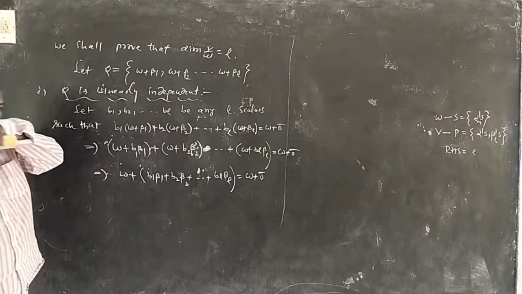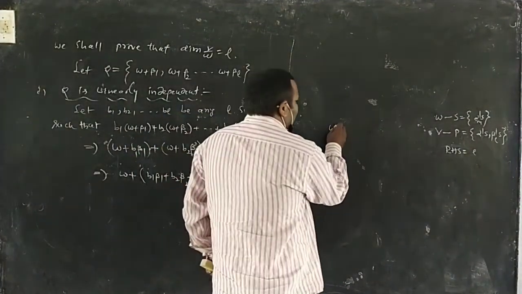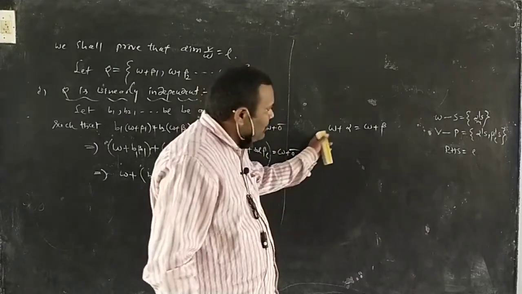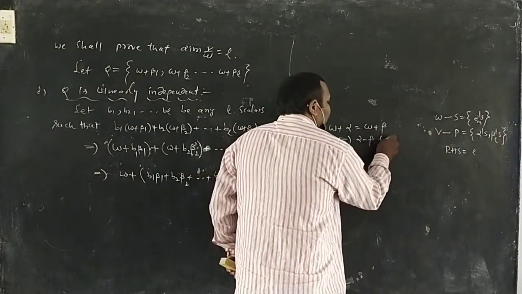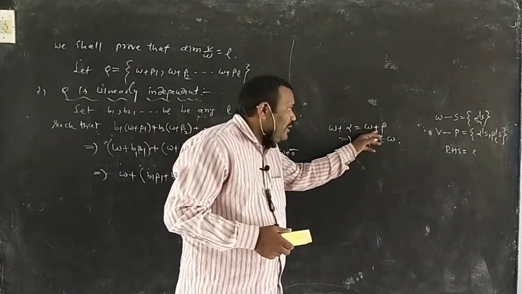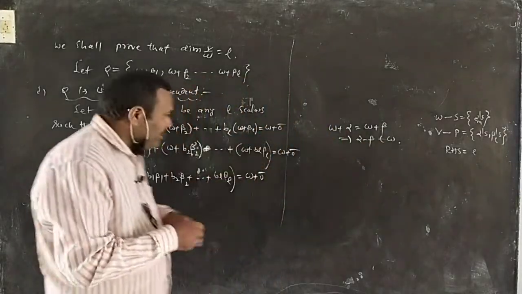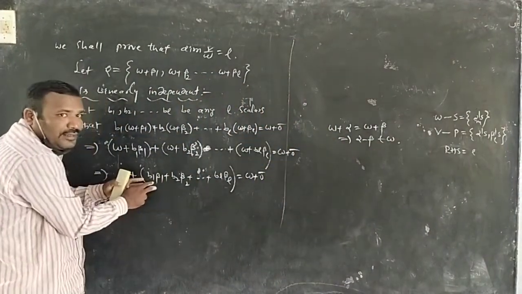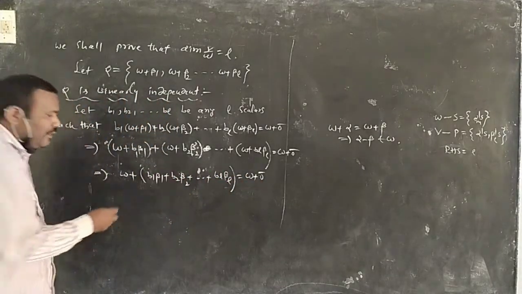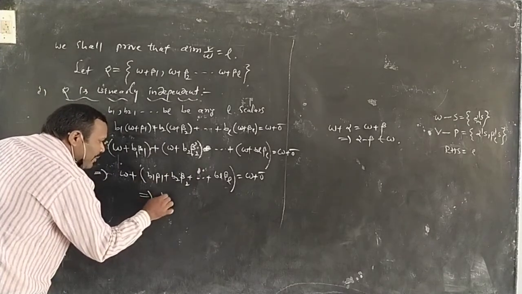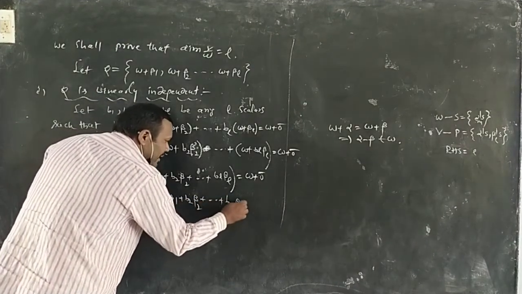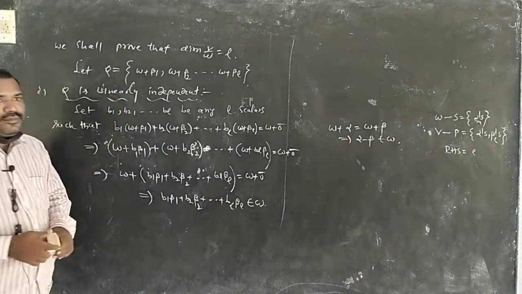Okay. Now we have a result. If two right cosets W plus alpha and W plus beta are equal, you can write alpha minus beta belongs to W. This is very important, right? Result: when two right cosets are equal, then we can write alpha minus beta is an element of W. So W plus alpha equal to W plus beta, two right cosets are equal here. Then by the result, B1 beta 1 plus B2 beta 2 plus and so on plus BL beta L minus 0 gives 0, belongs to W.